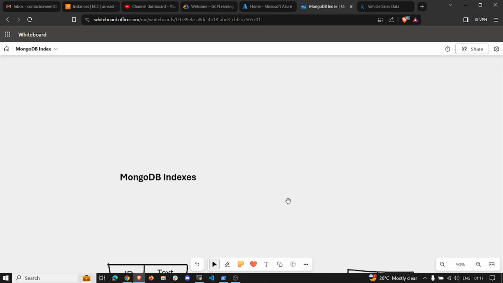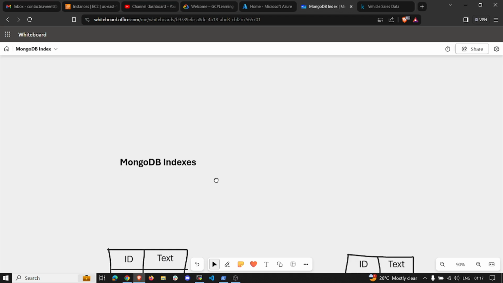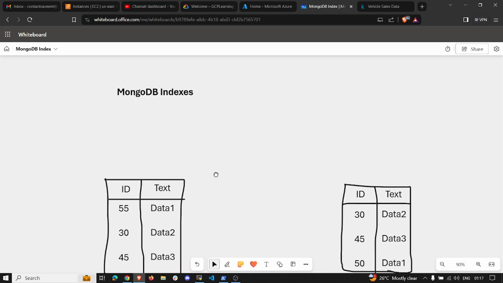So let's get started. Okay, so MongoDB indexes. In general, be it in any database product or anywhere, indexes usually are helpful in reading the data faster, right? So it helps in sorting your data. It arranges your data in a proper way so that you can read it easily when you want to pull some data. So just to give a simple example,